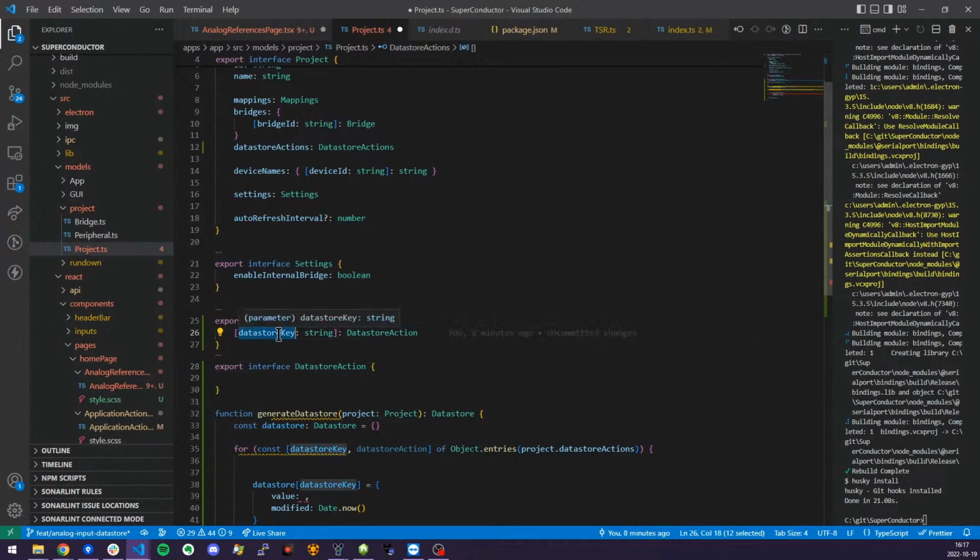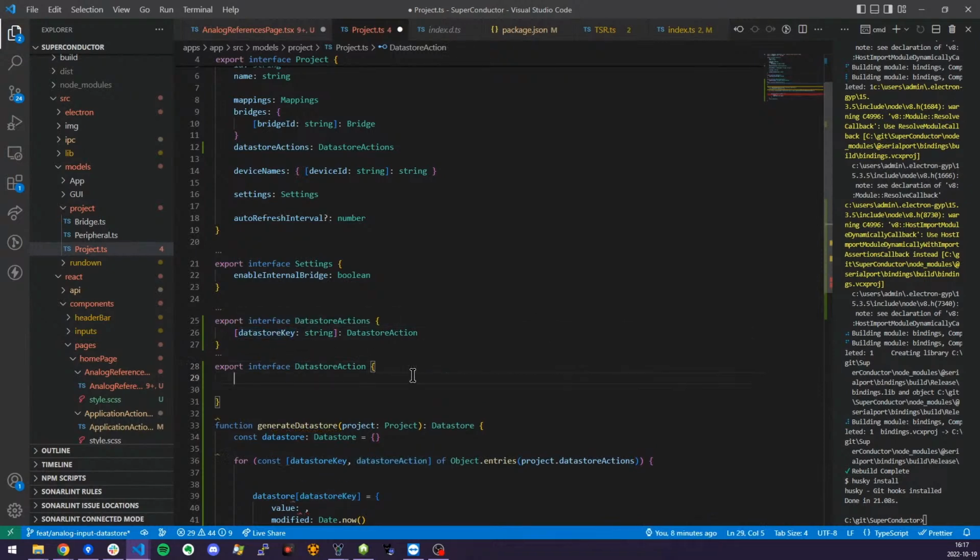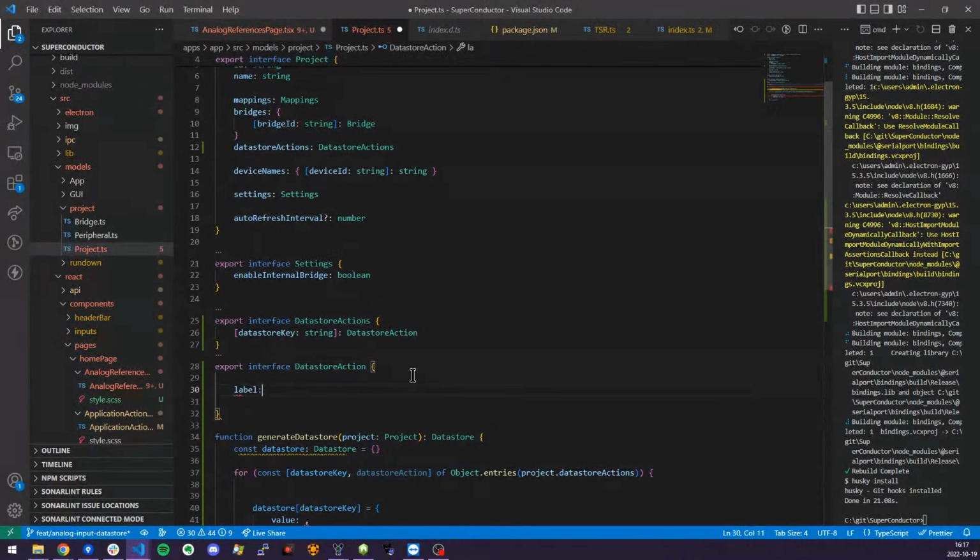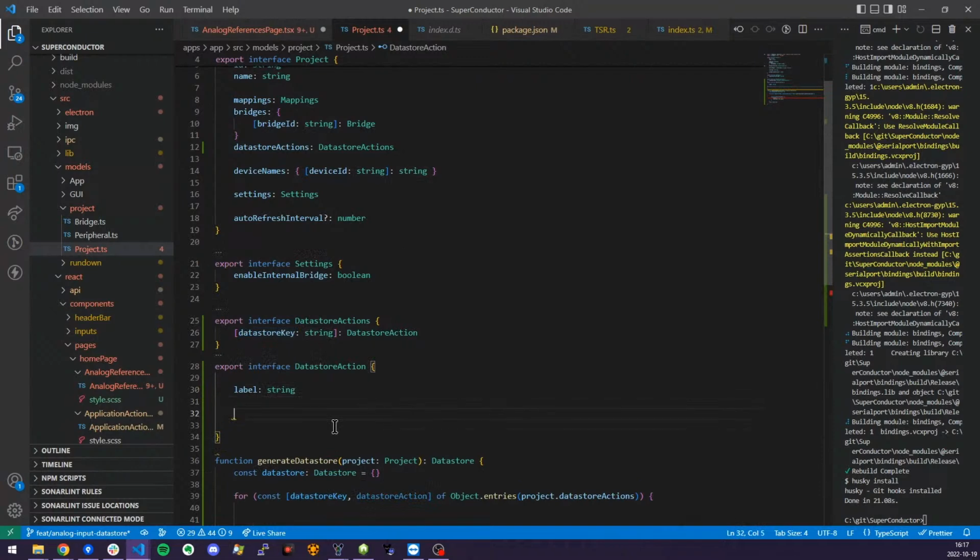So we would have an ID, the data store key. There should probably be a label to be shown to users, because the key wouldn't really be shown to users anywhere. And then we should have a tie to the X keys analog thing, and we have something called a full identifier